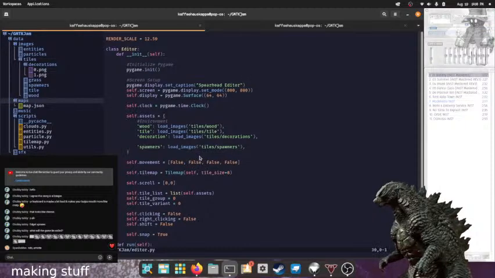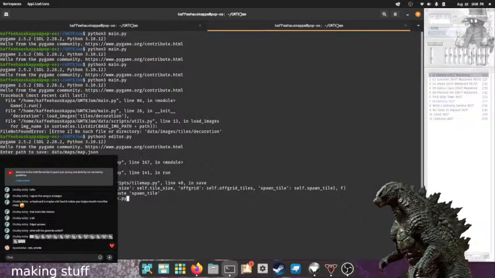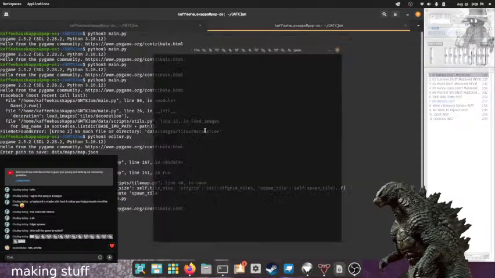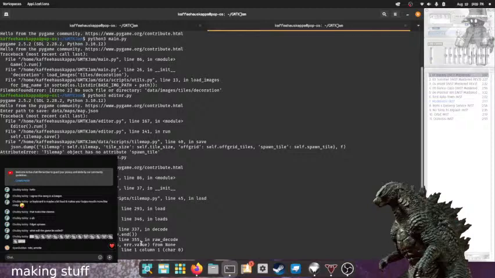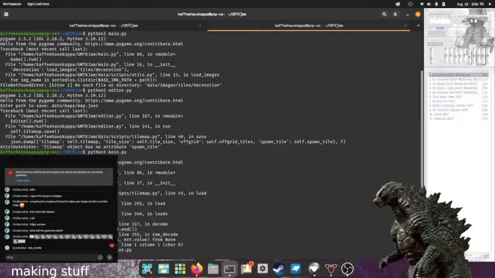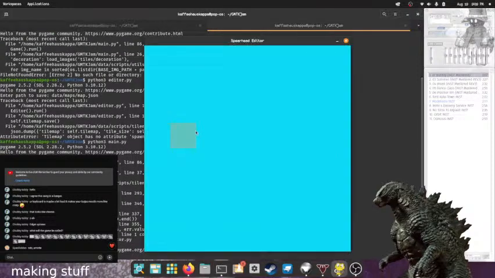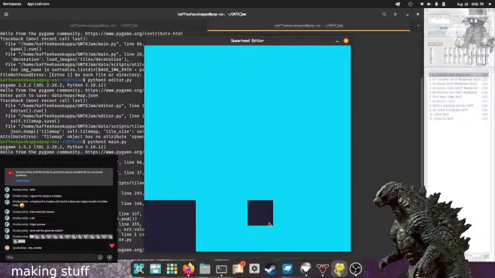However, hopefully if I just quickly run this, it should. Uh-oh. Self.tilemap.load. Oh yeah, okay, so it needed that one value. That's unfortunate. Alright, well, looks like we have to remake that level. Whatever. It's fine.